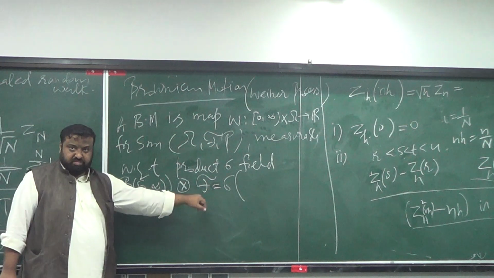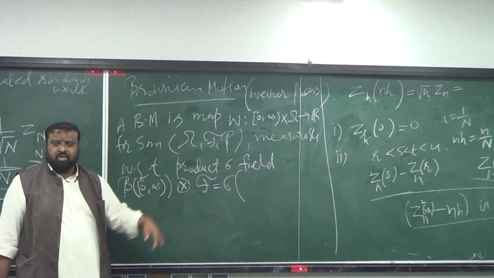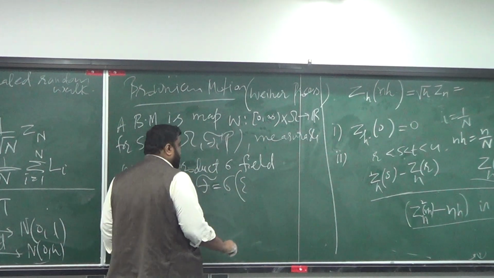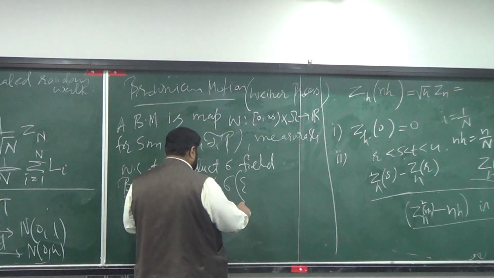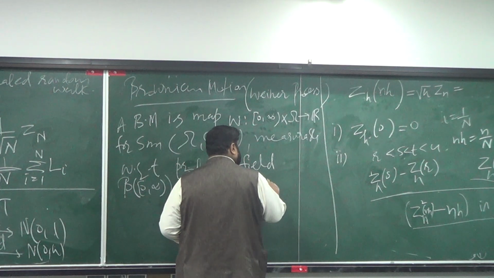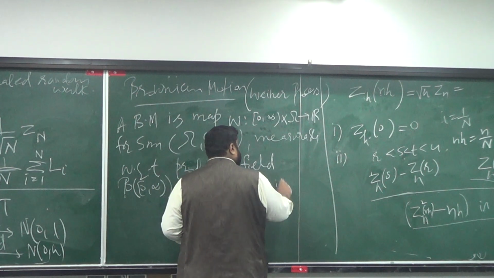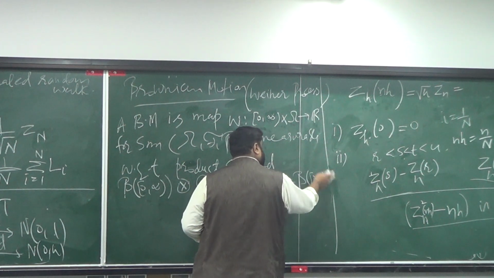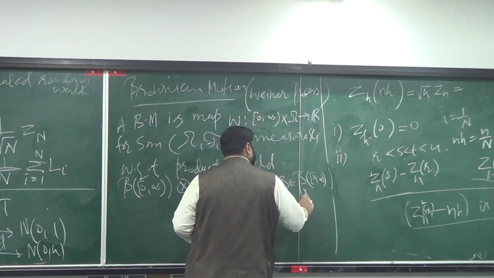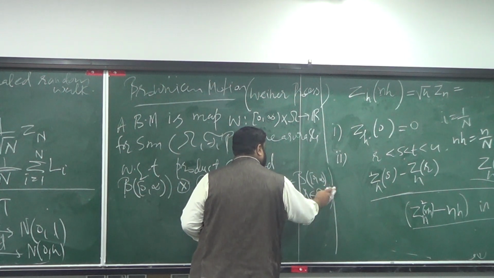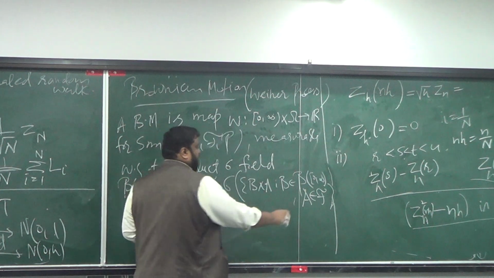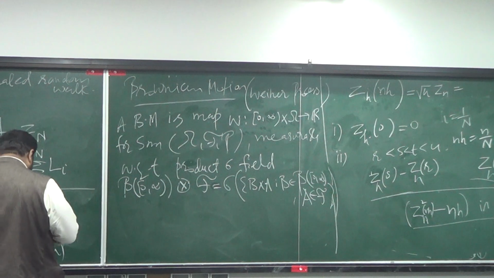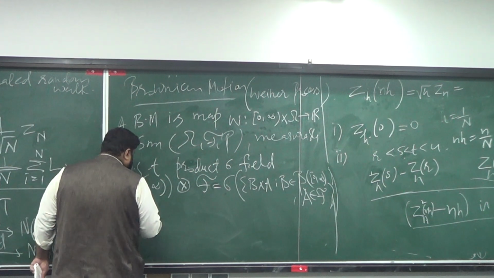We talked about in our measure theory course in detail what we mean by product sigma field, we constructed it. So it's a sigma field generated by rectangles of the form B cross A, where B is a Borel set, and A is an event from the field F. So we know the product sigma field is this, such that